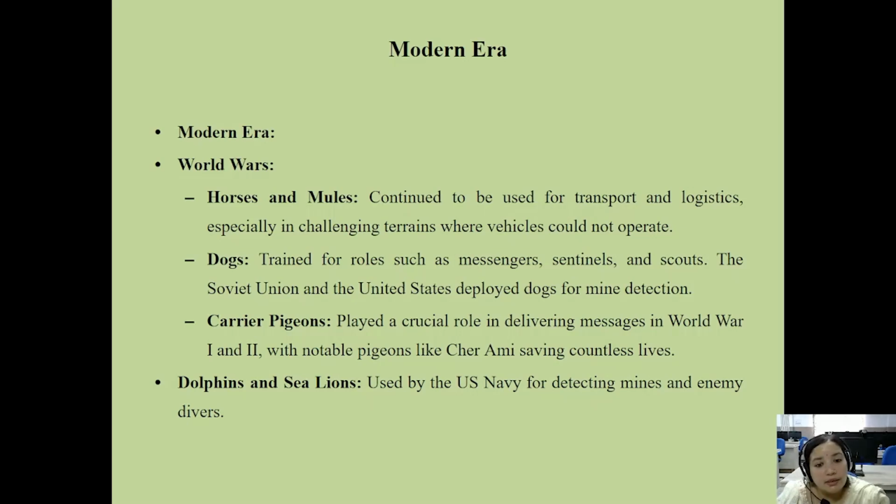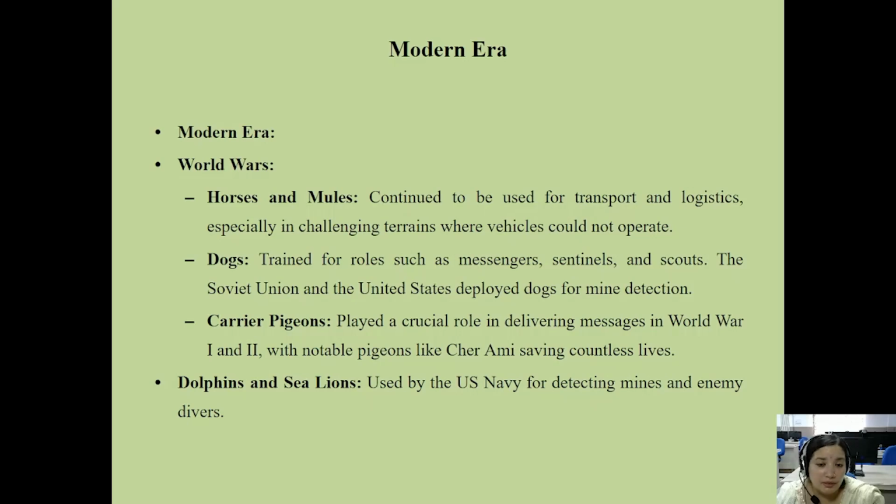And carrier pigeons played a very crucial role in communication, delivering messages in World War One and Two. Notable pigeons like Cher Ami saved countless lives. So these are the reasons we use animals in warfare, because horses, dogs, and pigeons have unique characteristics. On the basis of their characteristics, we use these animals in battles for communication, for their attacking qualities, and for informing the kings and armies about the